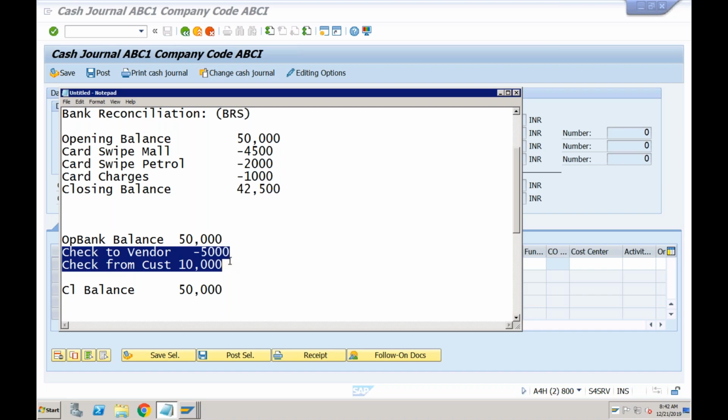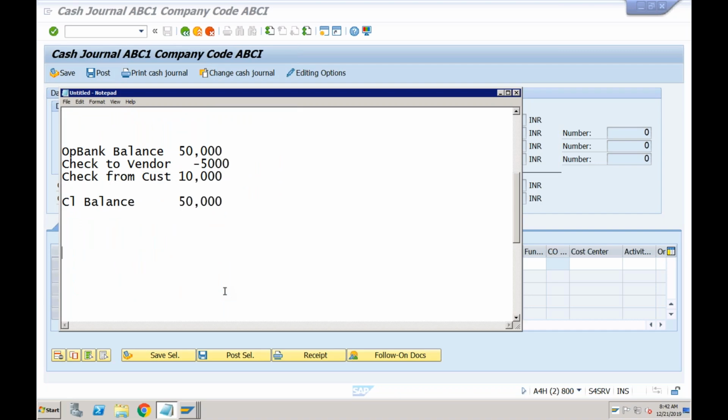In my system, if I go to my system, what will it show? The total balance is 55,000, but that is not matching with the bank statement. Why? Because there is always a difference between the time at which you pay and the time at which the bank is getting impacted, right? And that is the reason, if I want to make sure that my SAP bank balance is always matching with my actual bank balance, I have to create 3 bank accounts.